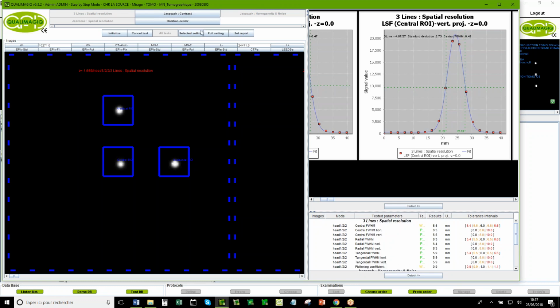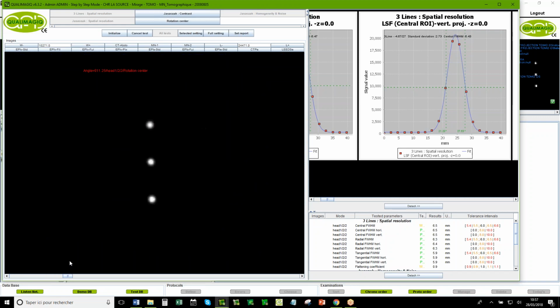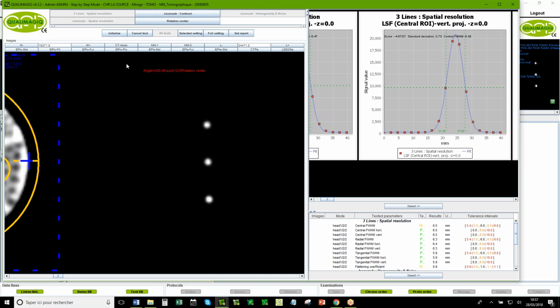Okay. And the last, in the tomographic module, is to evaluate the rotation center. For rotation center, of course, we don't use tomographic images. We use planar images. So for the acquisition, you have a source.